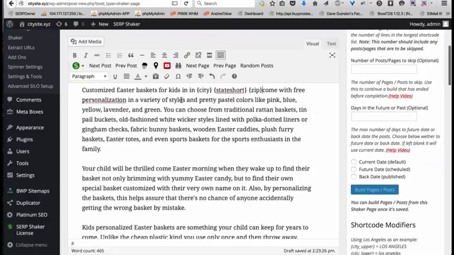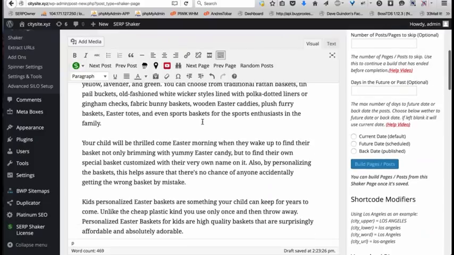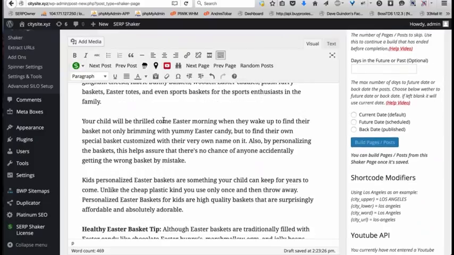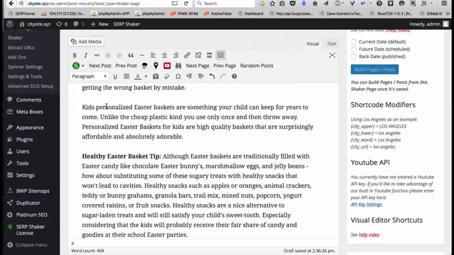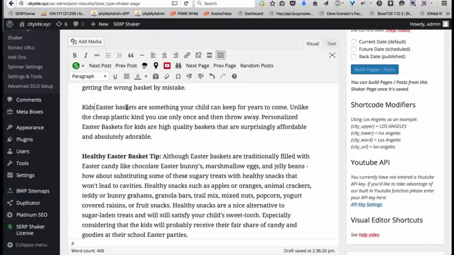We'll add in the location. And also keep in mind, if you're going to be overlaying these, it doesn't really matter wherever you end up throwing this location, if it doesn't fit 100%, because nobody's going to be reading it. It doesn't have to be perfect. I'm going to skip a few paragraphs here. I'm going to get rid of a few of these personalized so it's not overdone. We'll change this one to gifts.